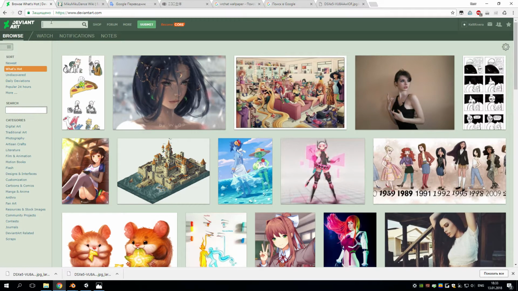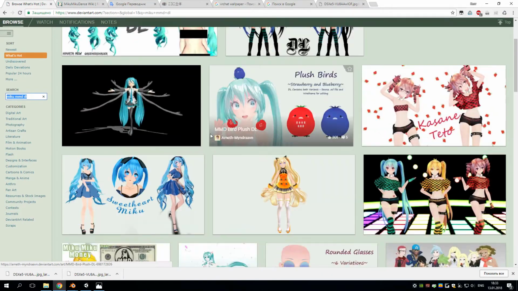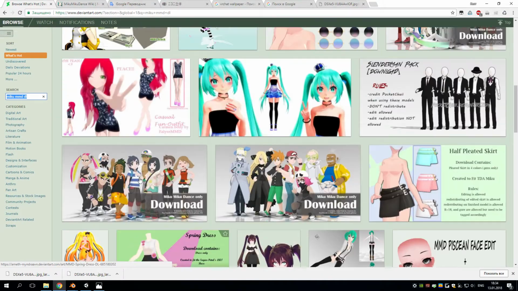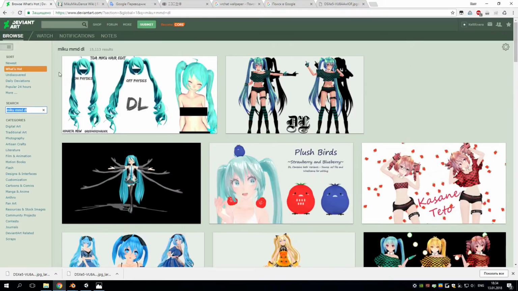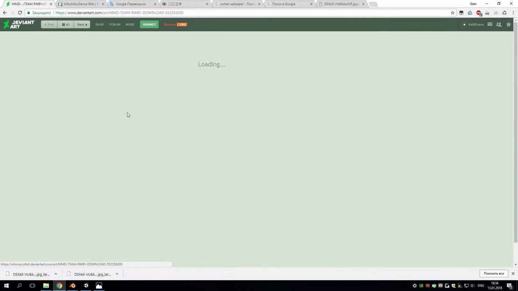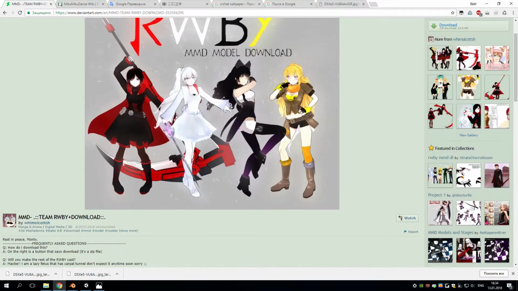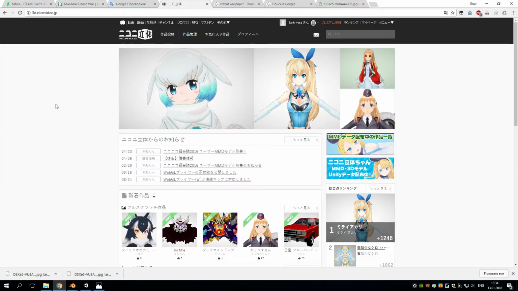You can search like Miku MMD DL. DL stands for download. And you can find a lot of models for that. You can search for other models and stuff like that, for like Ruby characters. You see, that's a full pack. You can download them. The second site is